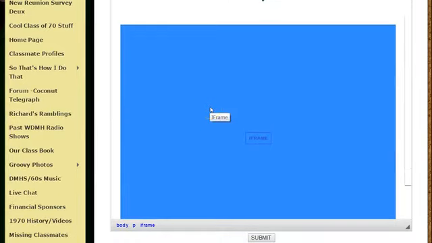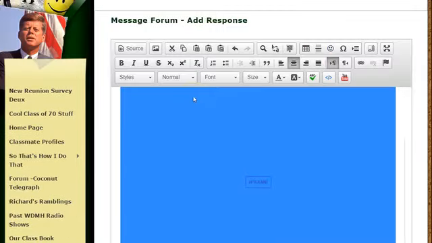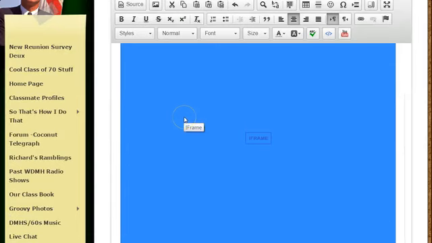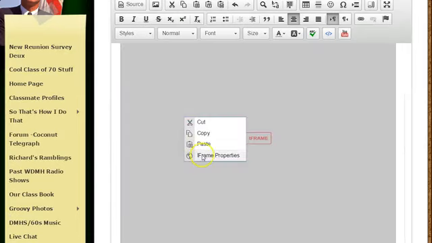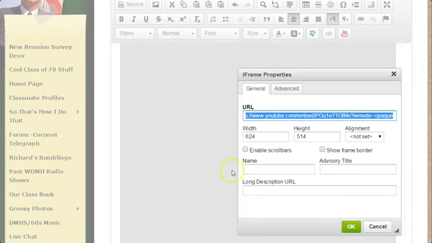So now again, we see the size is fairly large. If we want to edit it, it's the same as with an image. Just right click, iframe properties. And here you can actually see it's 624 by 514. So if you want to make it smaller, just highlight that, change that to say maybe 200. And it doesn't automatically adjust, so say 315. That'll make it